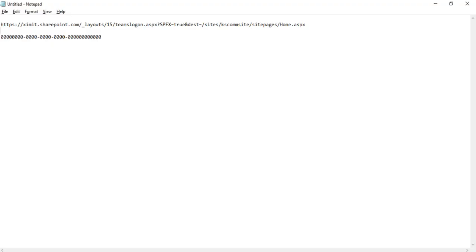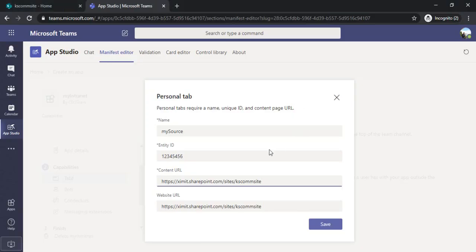I can show you that as well. You can see this is my tenant name, and this is the teams-logon.aspx page, and in SPFx this type of URL you have to build. I'm copying the same one and pasting it here so that it can work in the Teams desktop version as well. I'm just saving this.